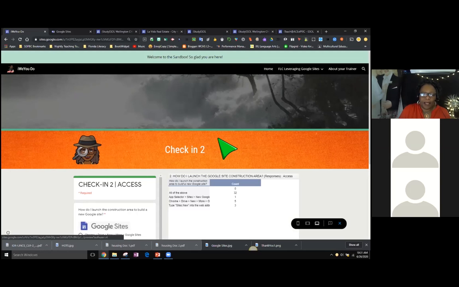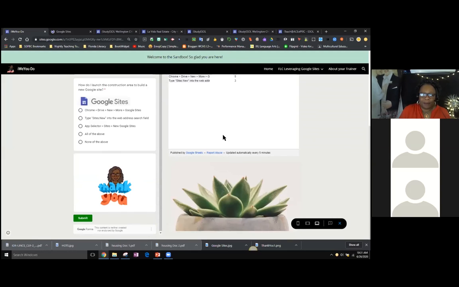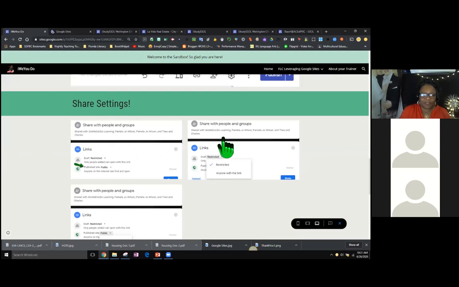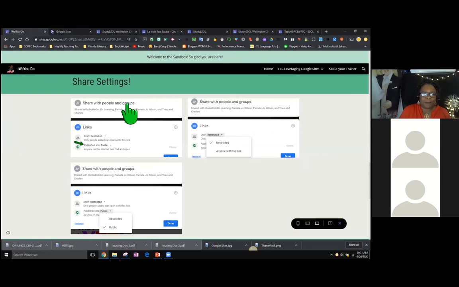Okay. Through the other tab, and I'm sorry, I'm flicking all over the place. I hope I'm not giving you whiplash. Through the share settings, this is what I mentioned earlier on, you are able to restrict, you're able to keep drafts, you're able to add editors so that other people are working on the website at the same time you are. The website that I showed you earlier on that we use in Palm Beach County to support our teachers, there are several of us that work on it at the same time as editors and content creators. And so we share that together.